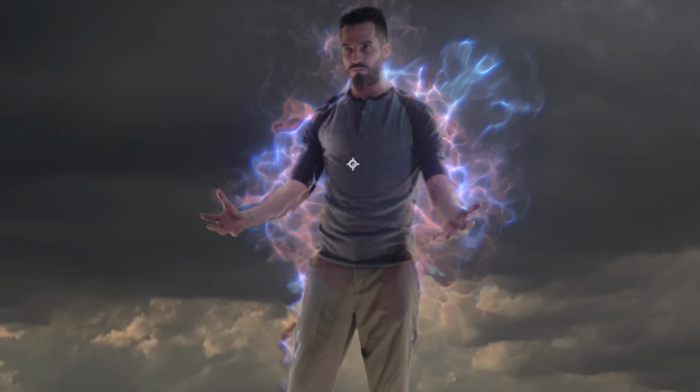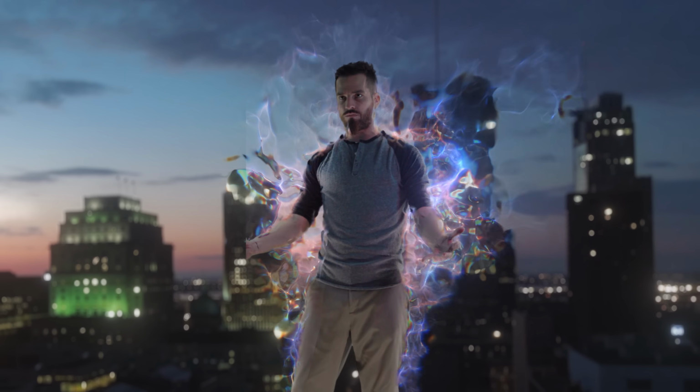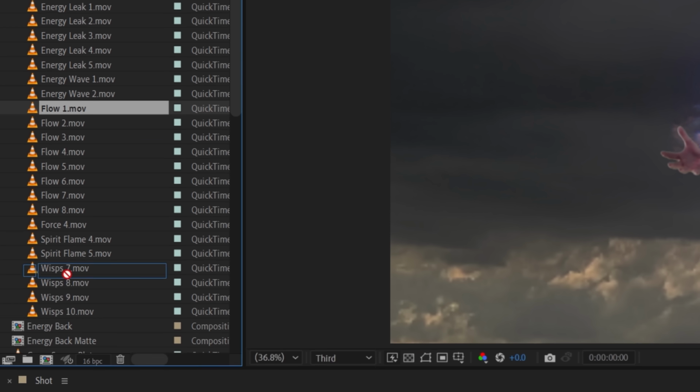Because our background doesn't have that much detail, this might not be as noticeable, but other backgrounds could show it more clearly. But now we want to add some energy in front of Justin. Our pack has a bunch of these flow assets, which will work nicely. For the length of our shot, we want to create a loop, so we'll drop flow 1 into its own